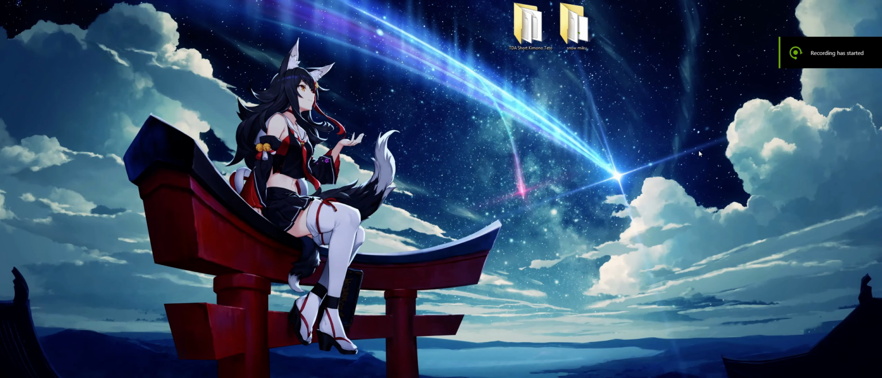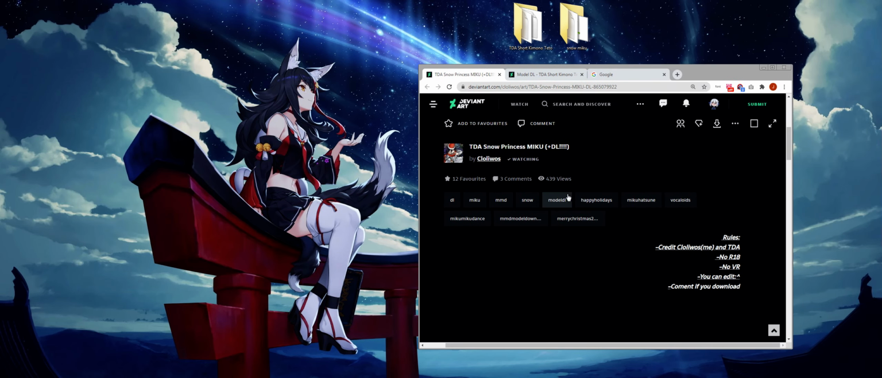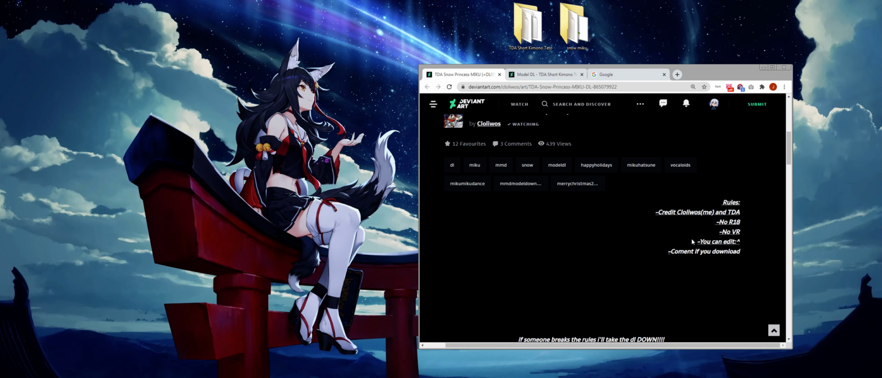Hello everyone. So today I'm gonna be doing a tutorial on how to do a head swap for MMD models. Today I'm gonna be taking the head off Elena 002's TDA short kimono title and putting it onto Cololiwos Snow Miku. So first thing before you do any sort of editing, you go to the model distribution page